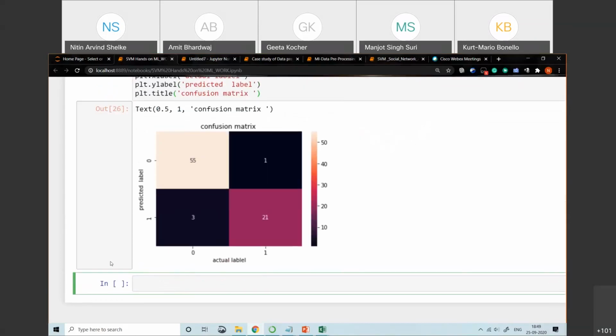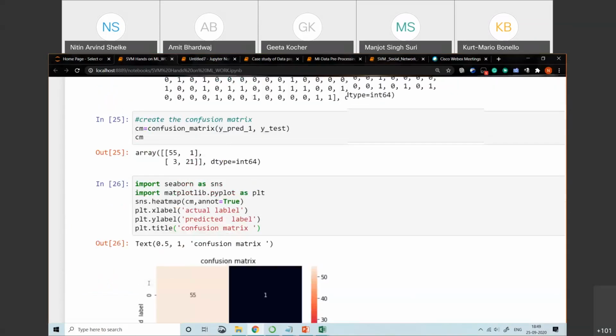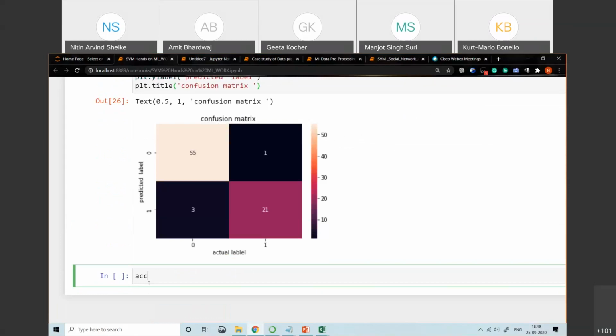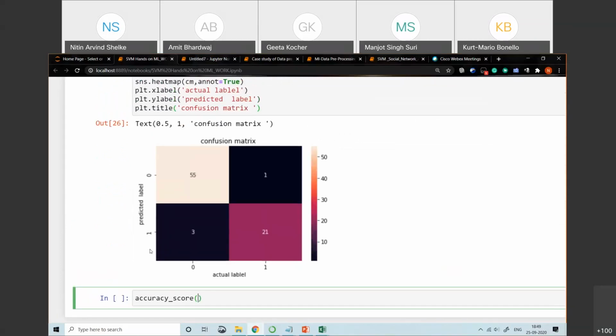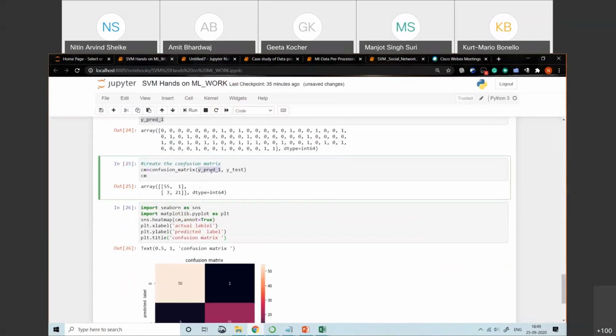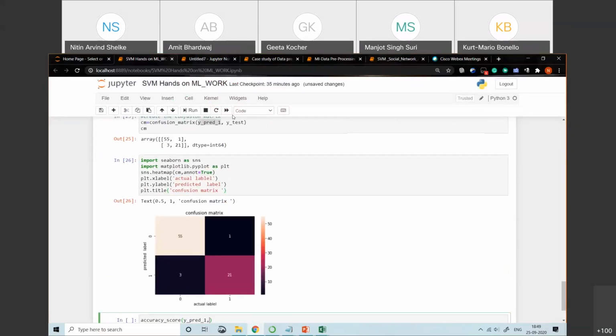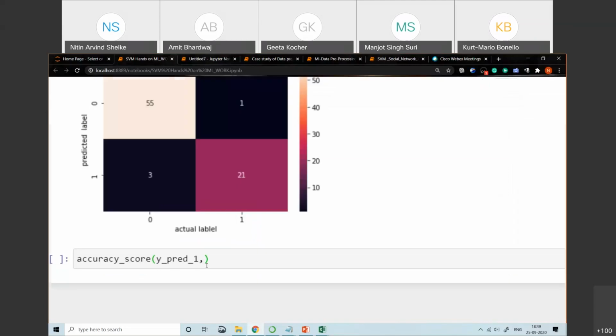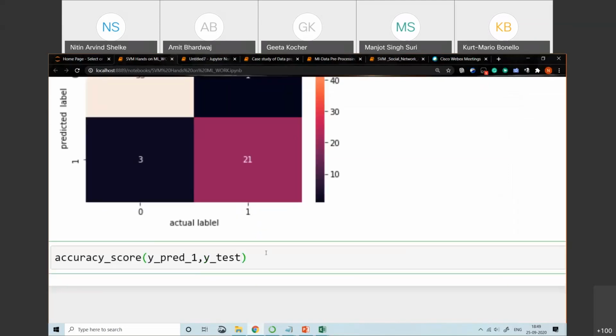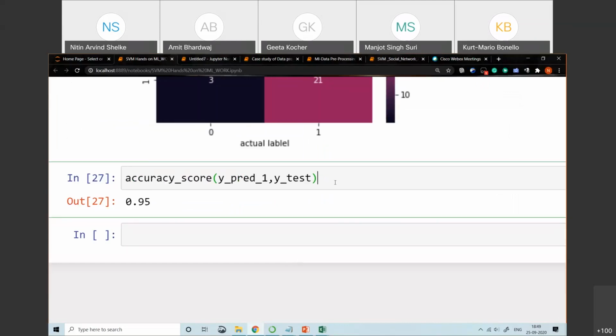And the last one that we have is the accuracy underscore score method. So accuracy underscore score is the method in which we pass your y pred 1 and y test, multiplied by 100.